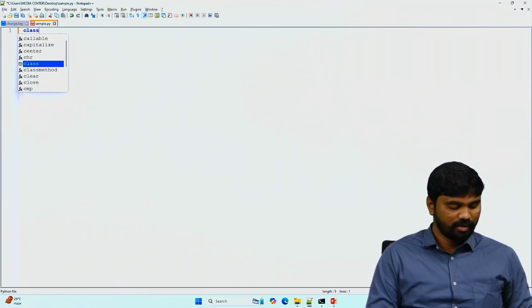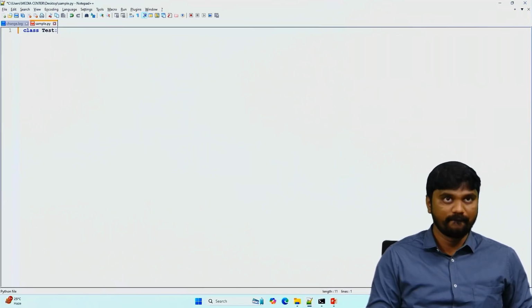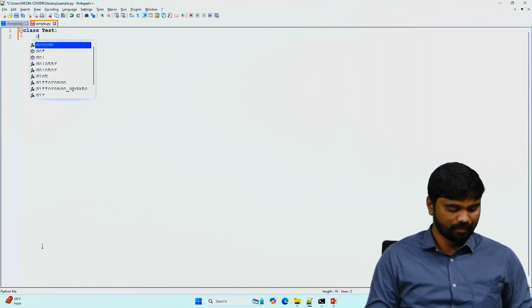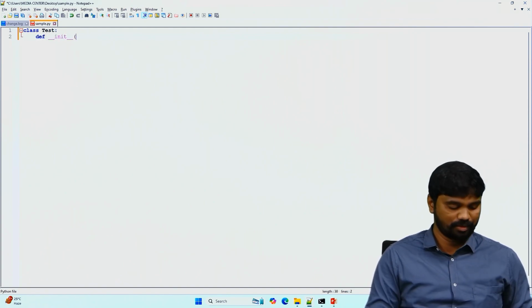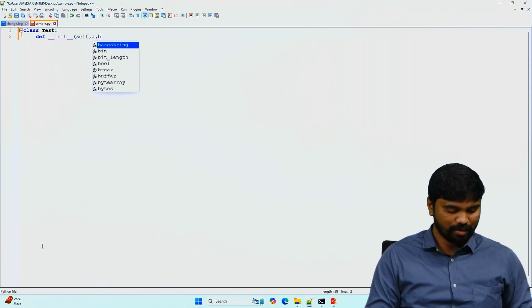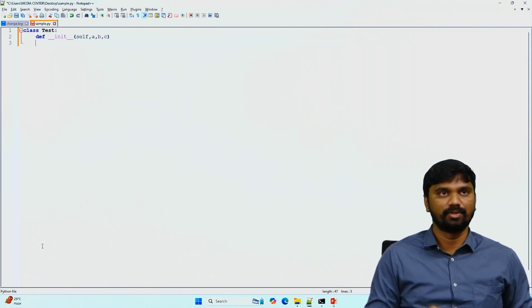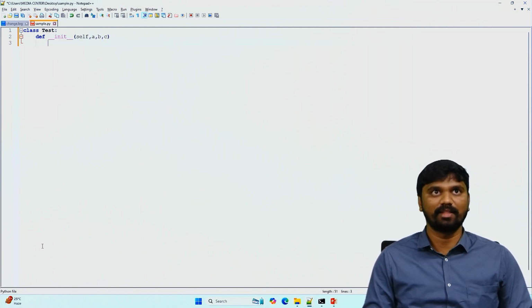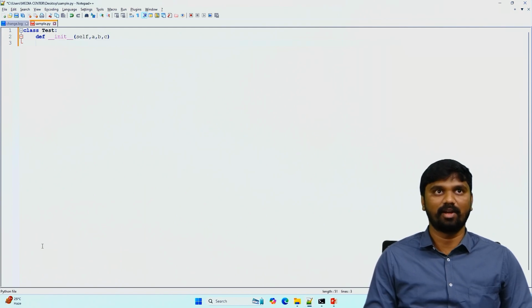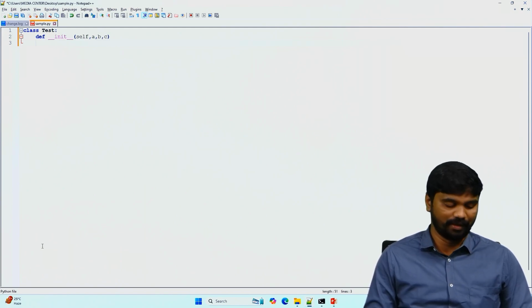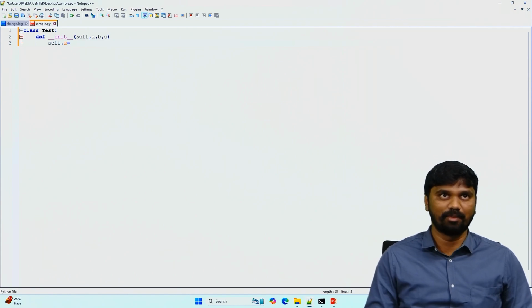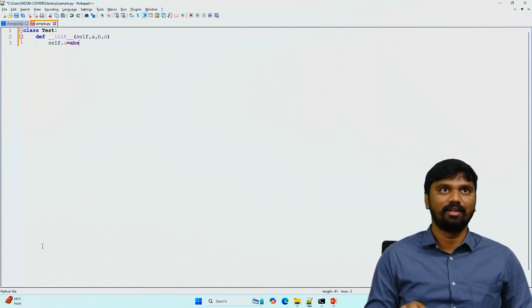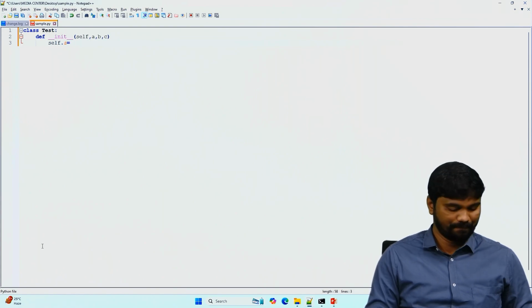See, class Test. Now def double underscore init double underscore self, a comma b comma c. So how many parameters did I pass other than the self argument? Three arguments, that is a, b, c. Now self dot a, this is the instance variable, and to this instance variable I am going to assign the value, that is a,